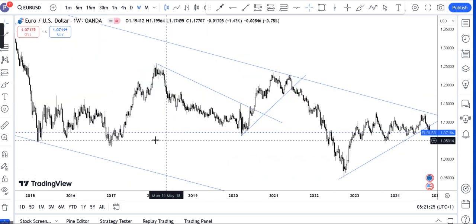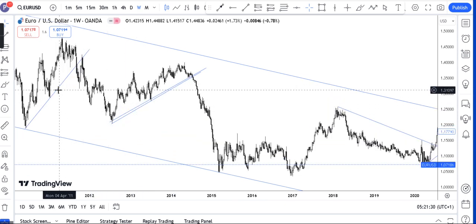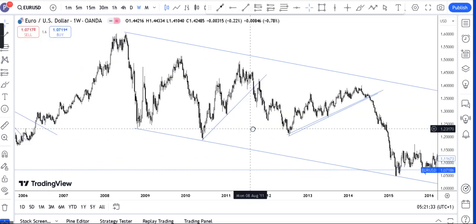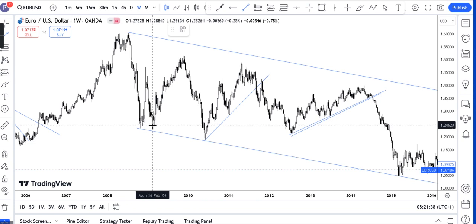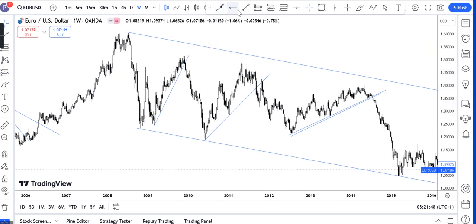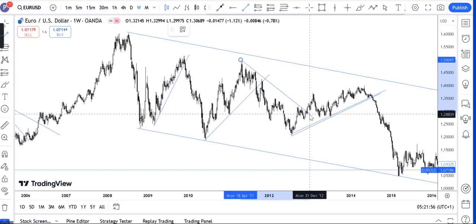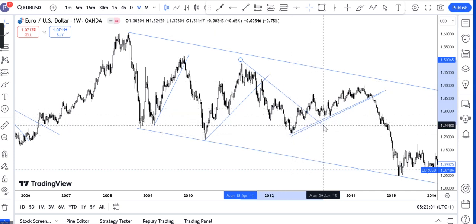So if you can see, we've had this break of trend line, we've had this break of trend line here, we also had a break of trend line at this point. Now this is also a break of trend line. We'll connect our trend line from this low to this point. We also have one here. Connect from this high to the next lower high. We'll drag market across. You see, at this particular level here,